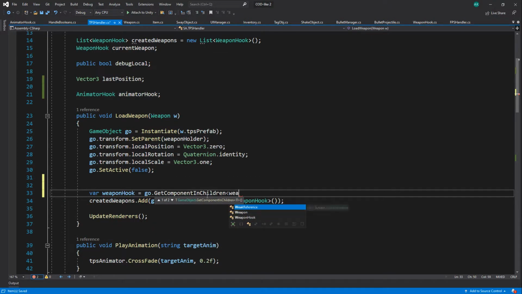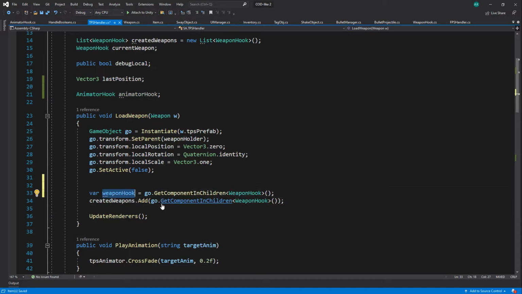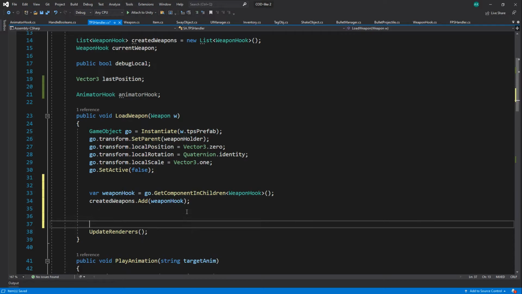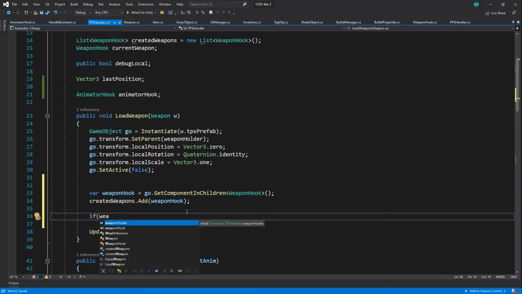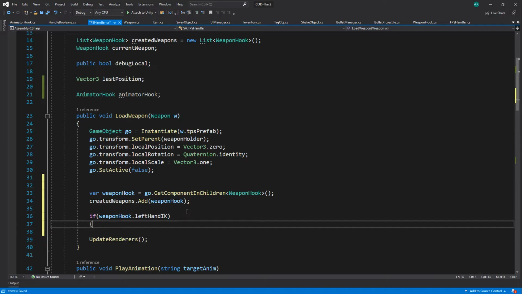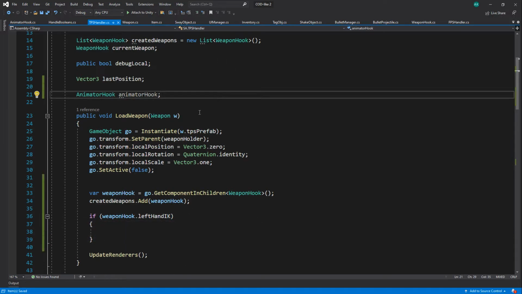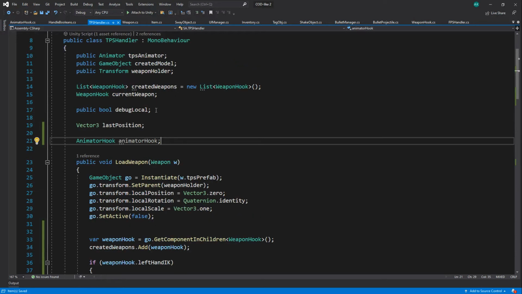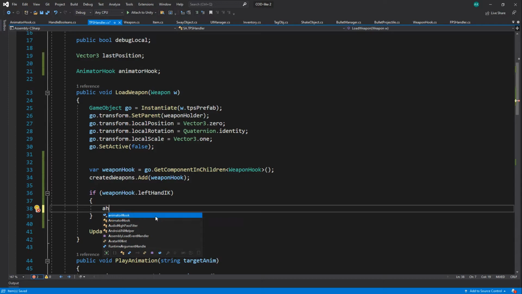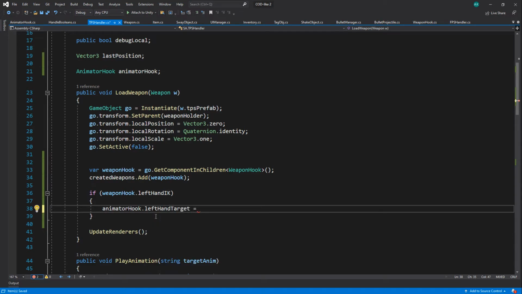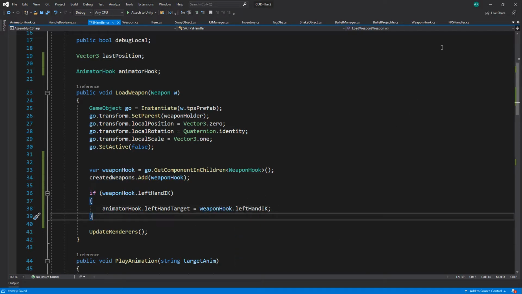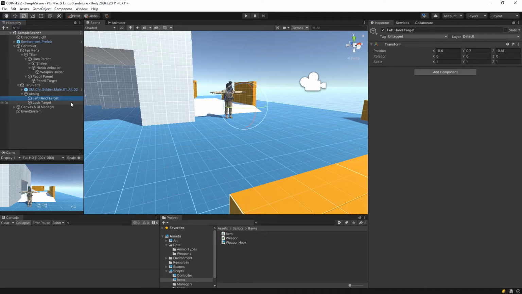Let's change this slightly. So if our weapon hook has a left hand IK target, then we're going to go on our animator hook, and we can say animator hook dot left hand target will now be the left hand target, left hand IK from the weapon hook. Okay, so we can just delete this entirely,